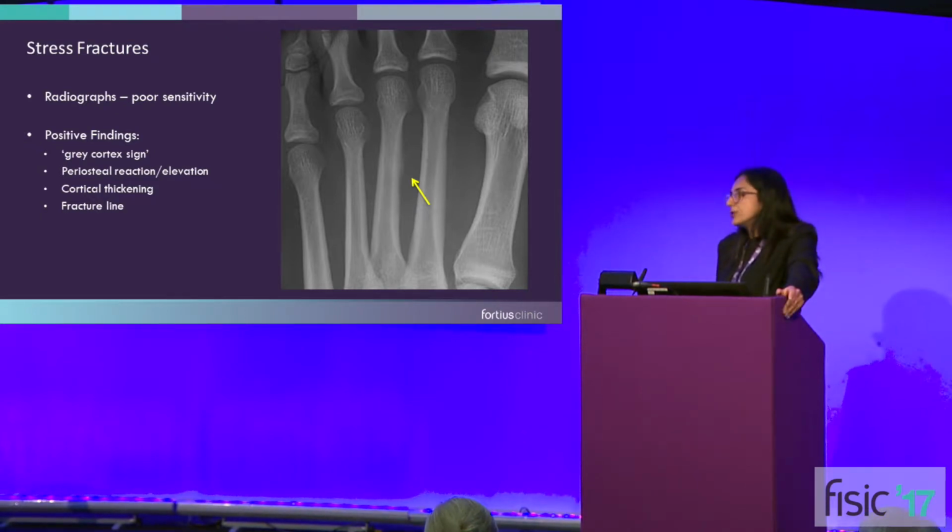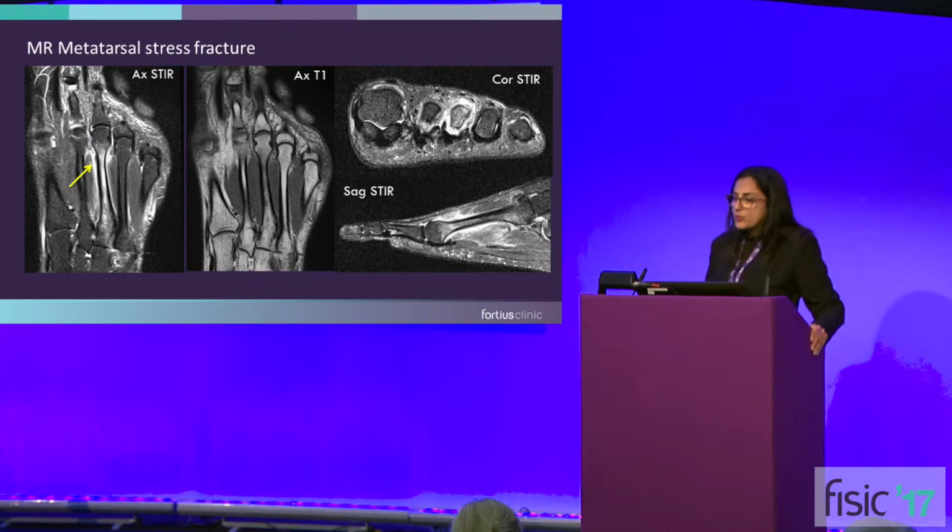And it's important to know which sites fracture. So here on this example, you can just see subtle periosteal reaction at the medial border of that metatarsal. And so you have to actively look for those areas where there may be a potential stress fracture. You may get cortical thickening, and much later you may see a fracture. So we would have a very low threshold to move on to cross-sectional imaging.